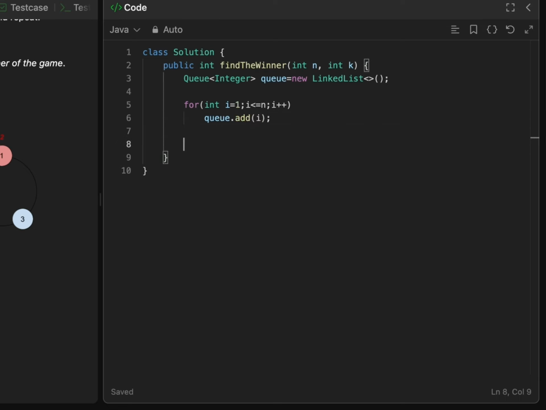Now we have added, so we'll have to iterate on it until it has more than one element. Now we have to move the first k minus 1 elements, we'll pop them out and move them to the end, right? So we'll take a loop. It will iterate till k minus 1